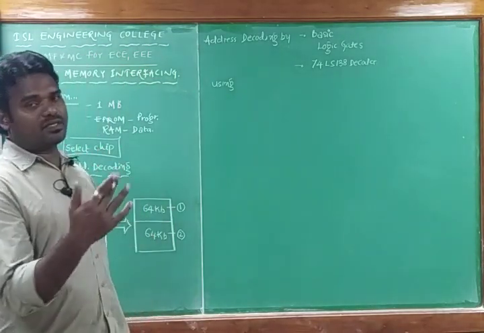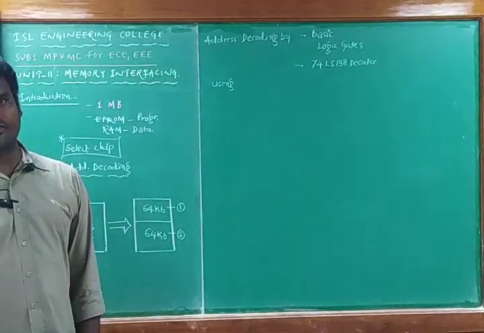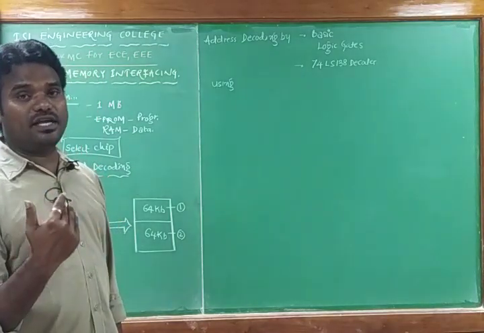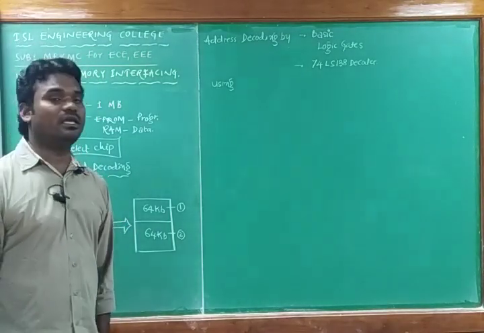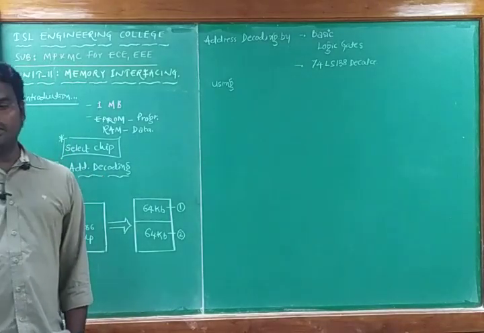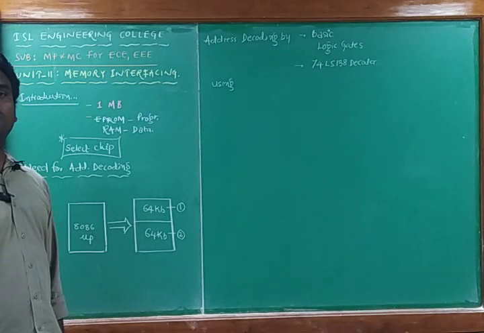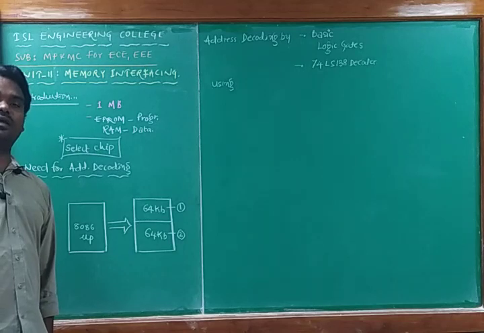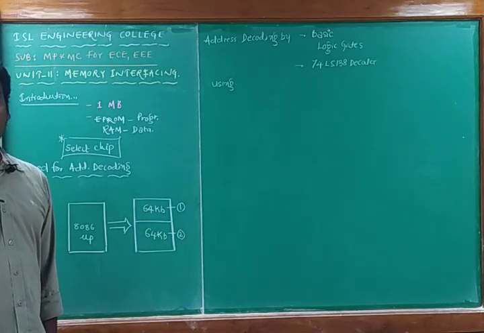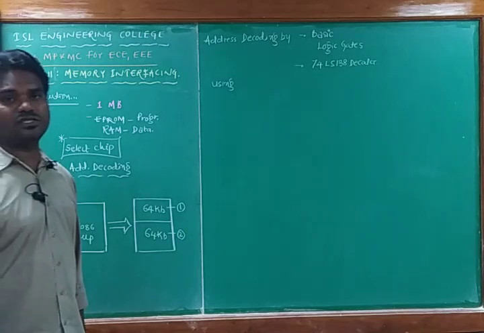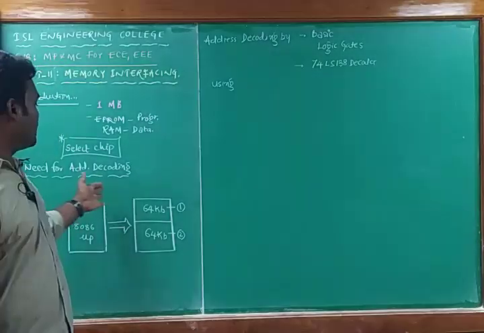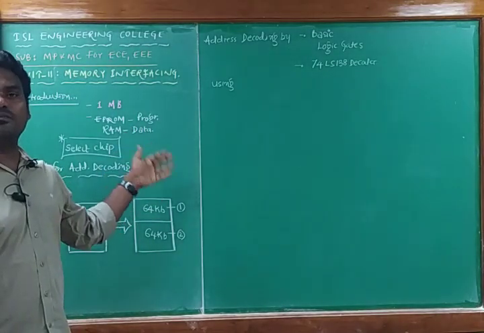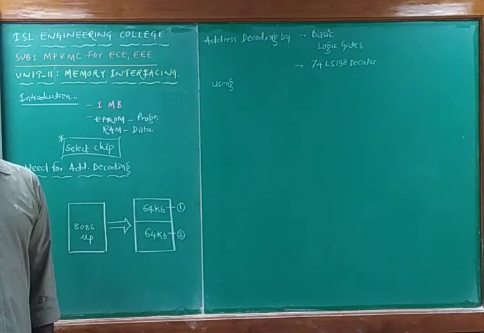Anyway, our topic is not to go for the classifications of RAM or ROM. We are going to discuss how the 8086 microprocessor can be interfaced with 1 megabyte of memory. At maximum it can access 1 megabyte of memory, but it doesn't mean that for every application it is going to make use of 1 megabyte. Based on a given application, some amount of space can be used from the 1 megabyte of memory.